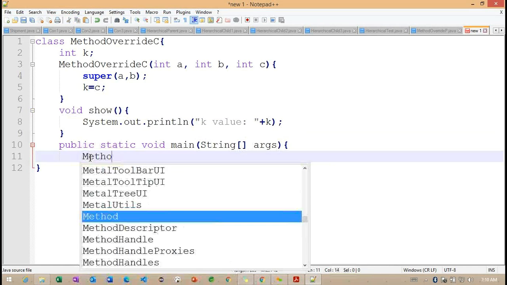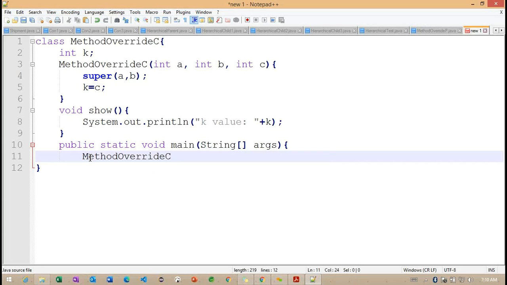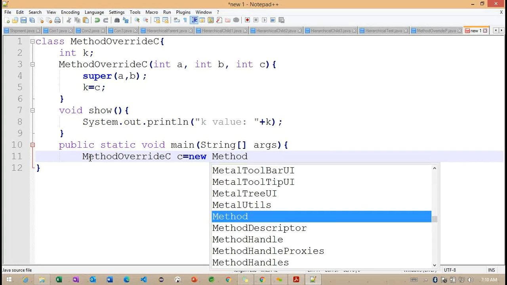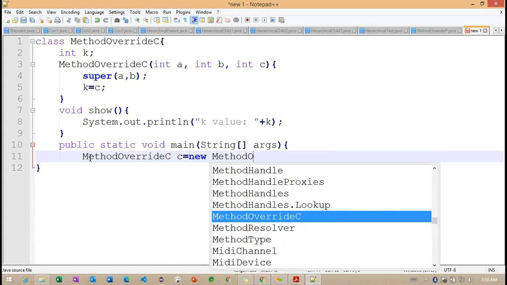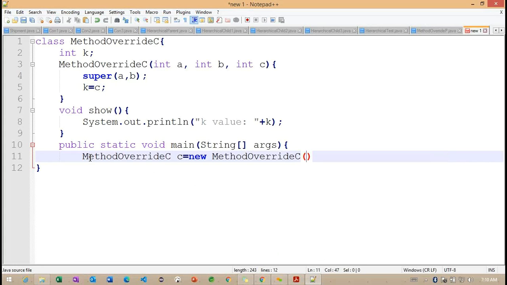Let's see, we'll create an object here. And in this method overriding, we are having a three-parameter constructor here.